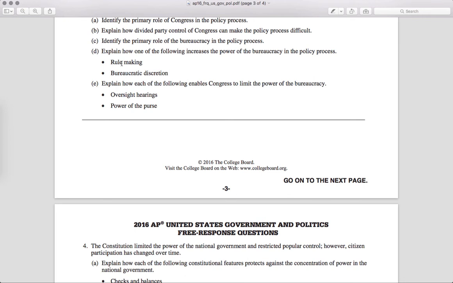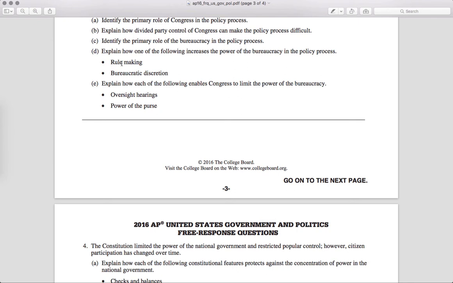Explain how one of the following, and we're going to use a tactic here where you rewrite the question. Explain how rulemaking increases the power of the bureaucracy in the policy process. The bureaucracy can become more powerful in making policy because Congress passes vague legislation, like we want clean air. They pass it or punt it, as we said in class, to the EPA, and the EPA then gets to